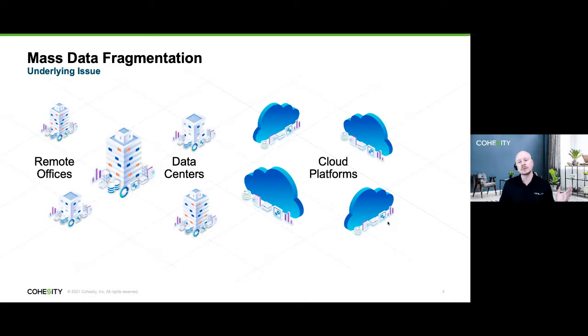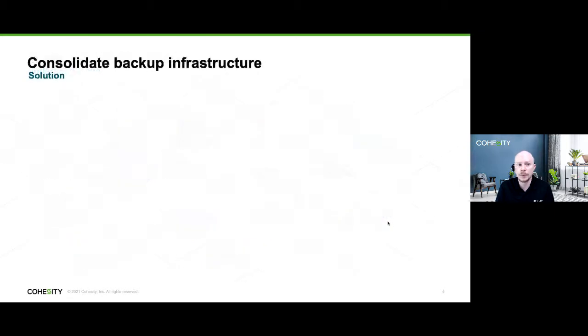The more and more we keep spreading out, I think kind of the better for the business, but it does lead to a problem that we call mass data fragmentation, where data is just all over the place. You're storing the same bits of information in multiples of these platforms or locations, and you don't have the visibility that you used to, because hey, look, that's where all my credit card information is. It lives in that one SQL server somewhere. It gets to be complicated once this starts going as a service offerings throughout.